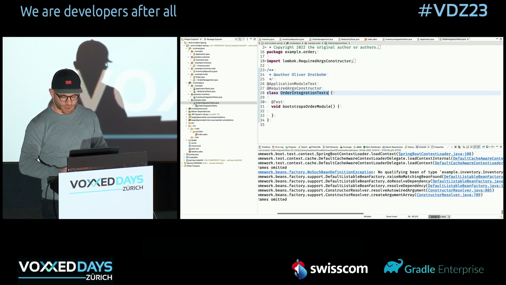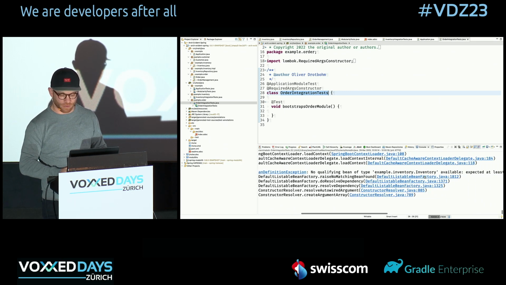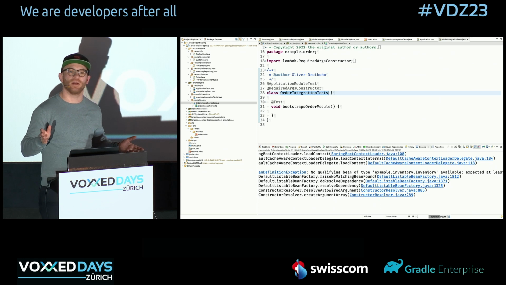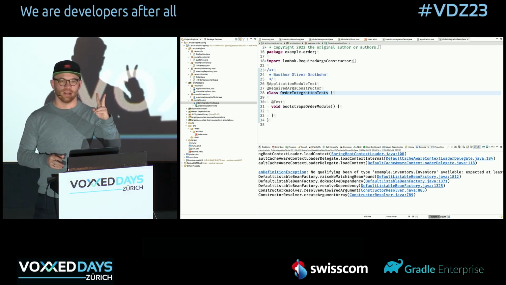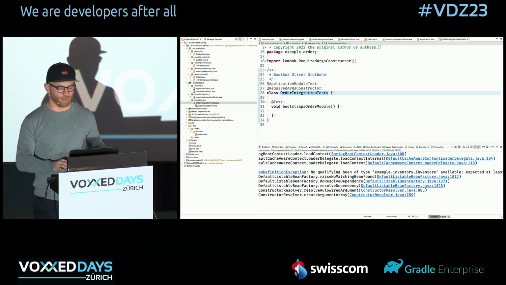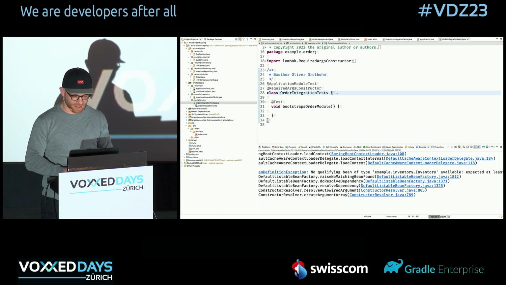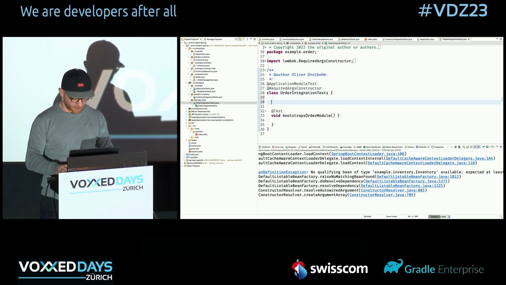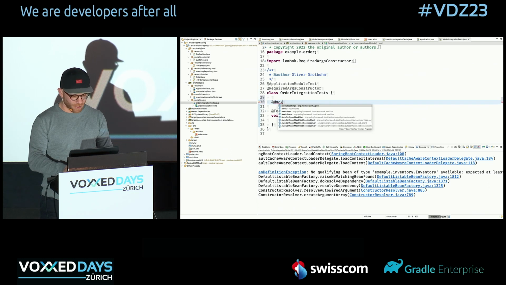Yeah, as expected, no such bean definition, qualifying bean of inventory is available, which is expected. But what do we do about this? There's two things you can do. One is the standard Spring Boot thing that you would do in such cases: you would provide this with a mock bean